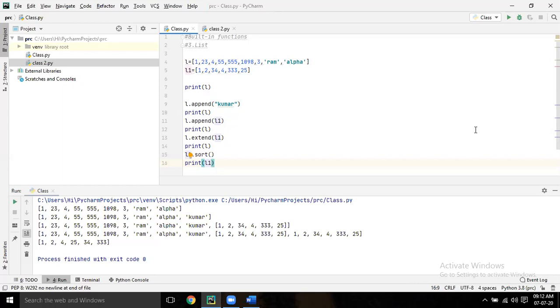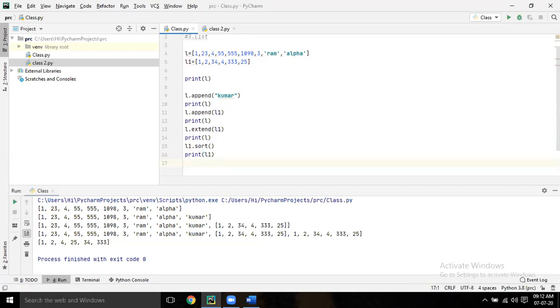Perfect. Suppose you want to sort in reverse order. What you have to write is reverse equal to true, inside the bracket of sort. Write again one more time, L1 dot sort, within bracket write reverse equal to true, T capital.